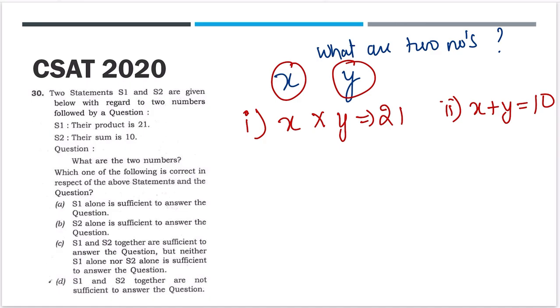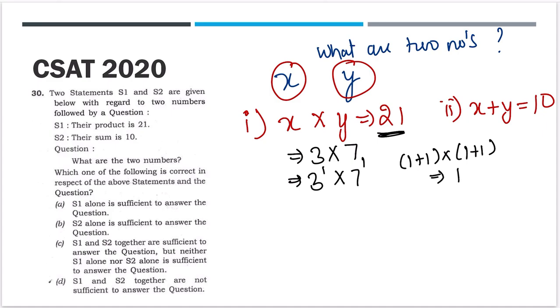Now, again going back, do you remember the factorization question? How to do factorization of 21? We know 21 can be written as 3 into 7, right? So I'm just giving you 3 raised to power 1 into 7 raised to power 1. So the number of factors it will have is (1 plus 1) into (1 plus 1), that is 4. I hope this is clear. Why? How can we have 4? It means 1 is a factor, 3 is a factor, 7 is a factor and 21 is a factor. You can go back and watch that video of factorization. You will understand these are the number of factors.